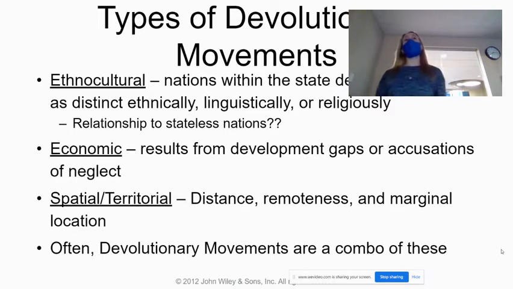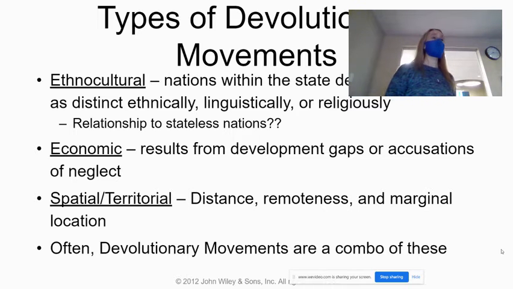and they feel like they should get more power because of that. Or maybe there are regions that feel like they're being neglected by the central government. So the central government is ignoring a particular region. They're not giving them the same services economically. Whatever it is, they feel like there's some degree of economic neglect. And because of that, a region wants to secede.